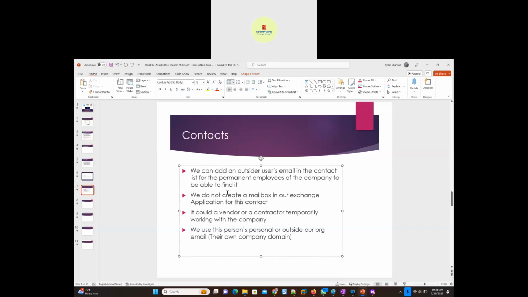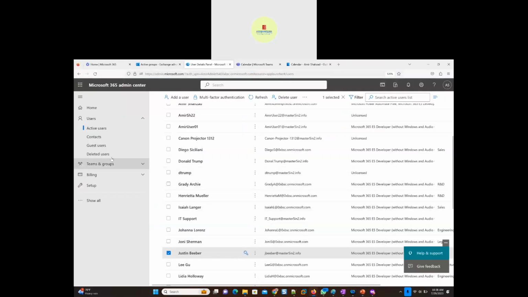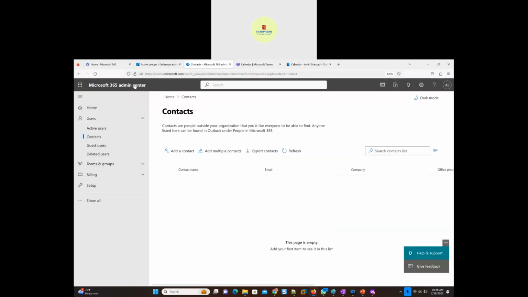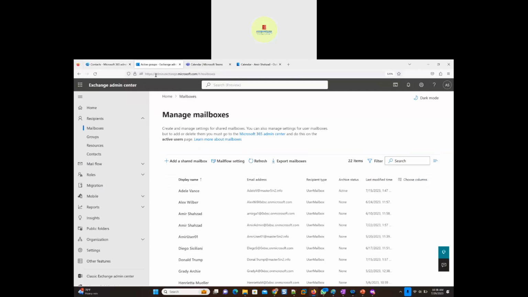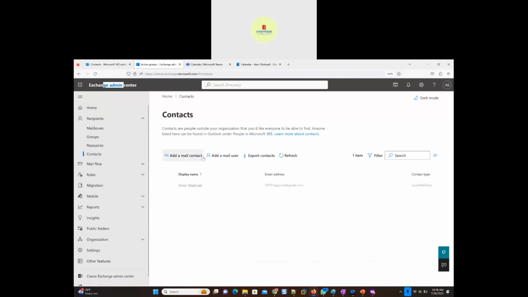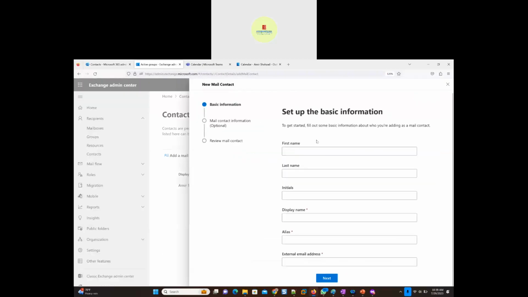Okay, we are in the Exchange admin center again, and it's the contacts. So I'm going to create a contact here. Then there is mail user, and there's a contact. So first we're going to create a contact here, and to get started, fill some basic information about who you're adding as a mail contact. So this is just contact information without any mailbox. So suppose it's